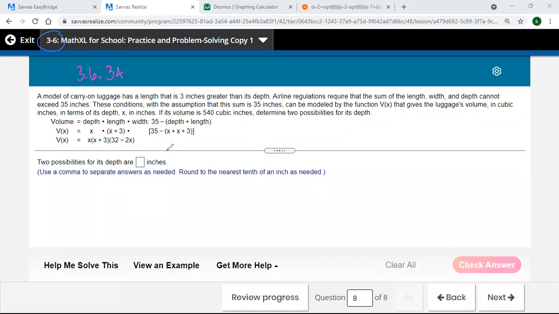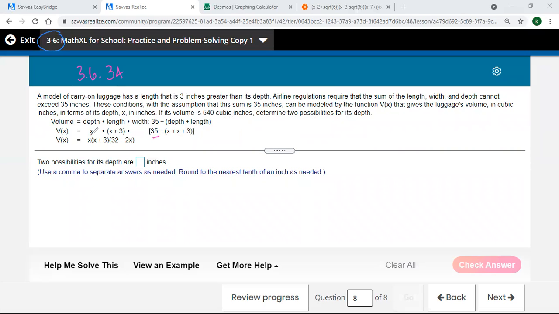And what we have is the model of a carry on luggage. It has a length that is 3 inches greater than its depth. The airline regulations require that the sum of the length, width, and depth cannot exceed 35 inches. These conditions assume that this sum is 35. So you'll see that in the problem, that 35. Then it goes on to say